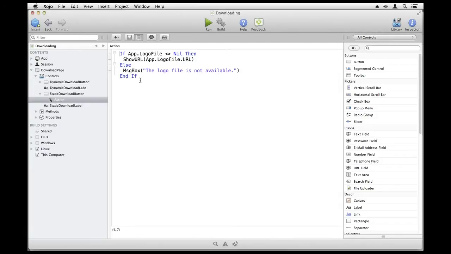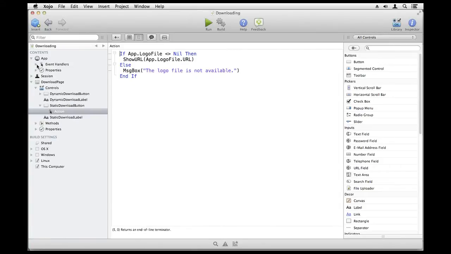The other thing to keep in mind is that multiple people connect to your web applications. If the file is going to be downloaded by multiple users that are connecting to your app, and it's the same file, it probably doesn't make sense to create new instances of the web file for each user that's connected when they're all going to point to the same file on disk and the files are all exactly the same. So that's why here, and we'll jump right up here, in the app class,